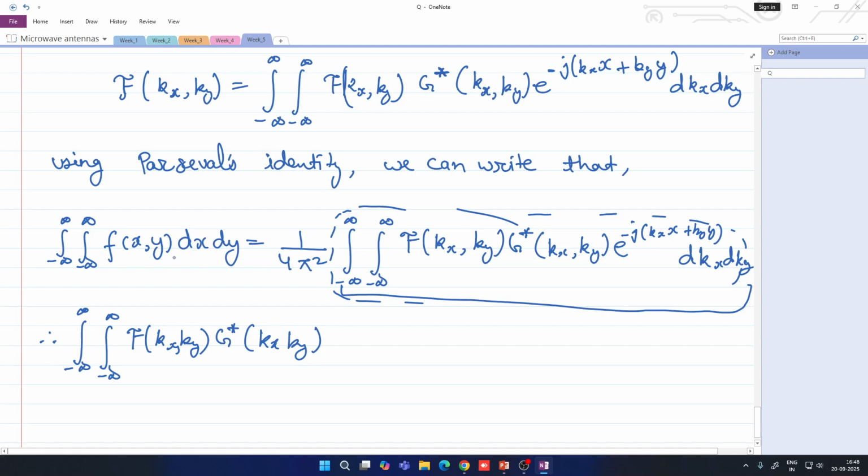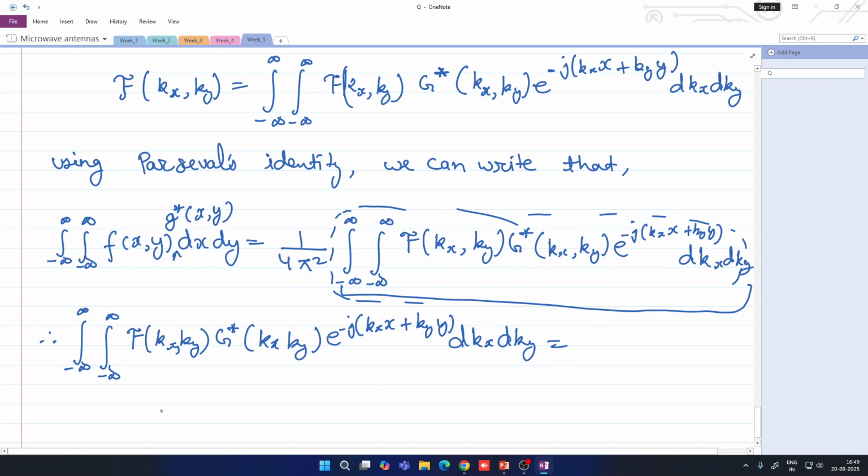Sorry, a small mistake. This also has a small g of x and y complex conjugate in the multiple of this. So it will be e to the power minus j (kx x plus ky y) dkx dky. Now what I have done is taken this numerator denominator into the LHS side and rewritten